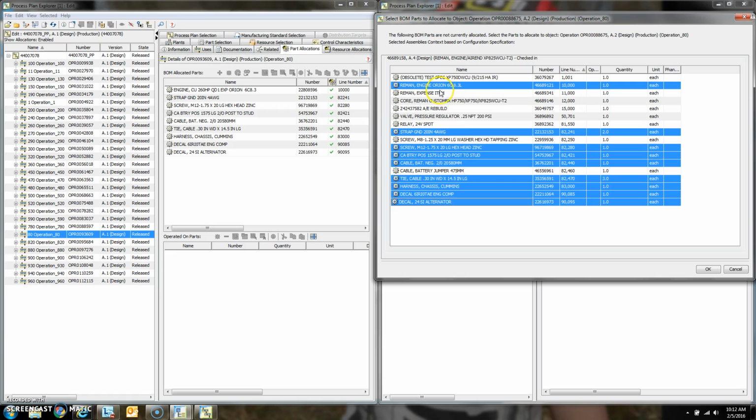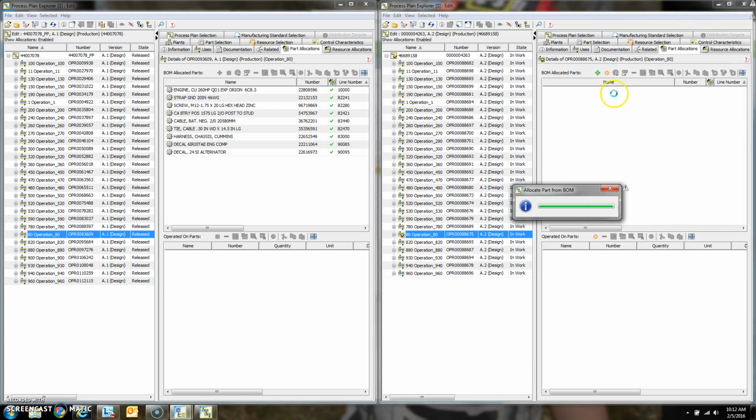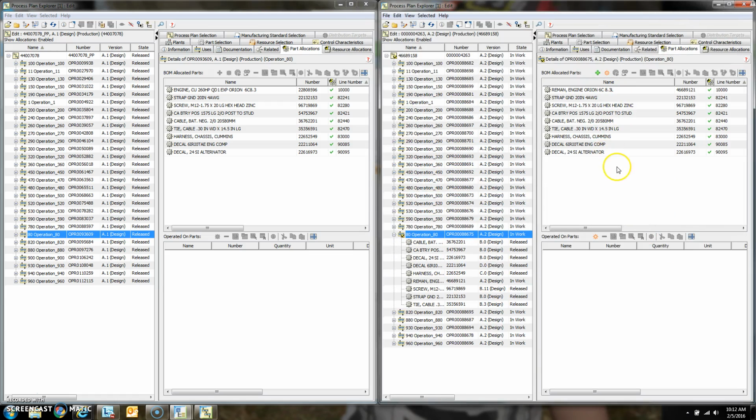And I'm holding down Control as I select all of these so that it selects multiple. Alright, so with everything selected, I'll click OK, and shortly you'll see all these parts appear in the BOM allocated